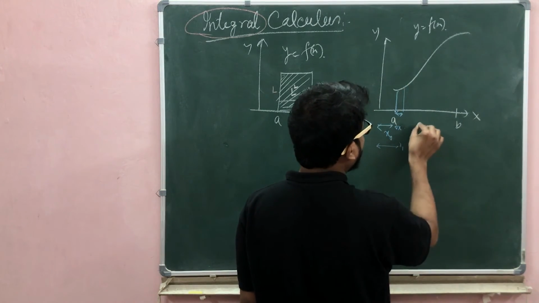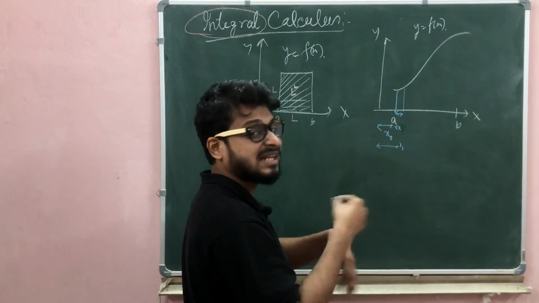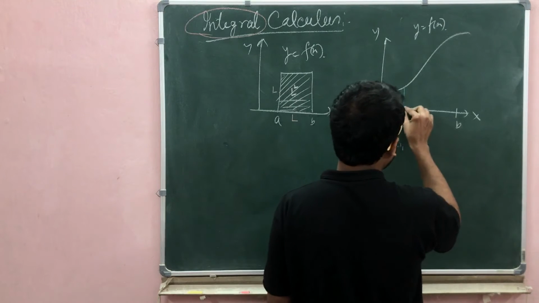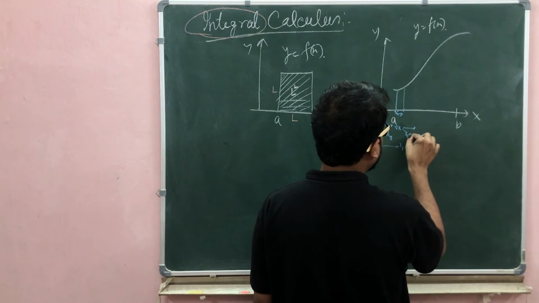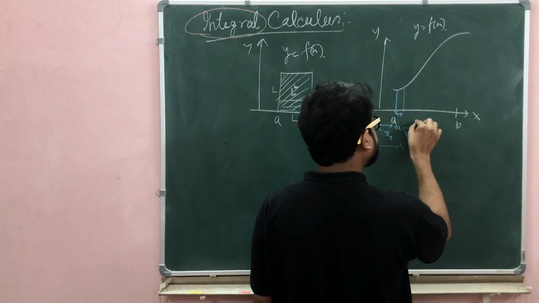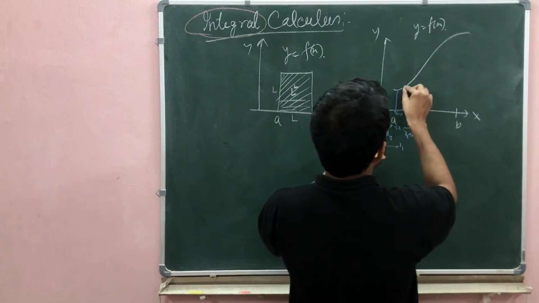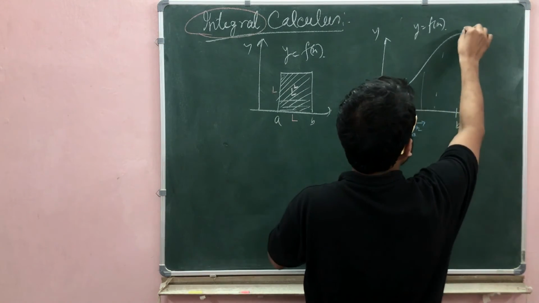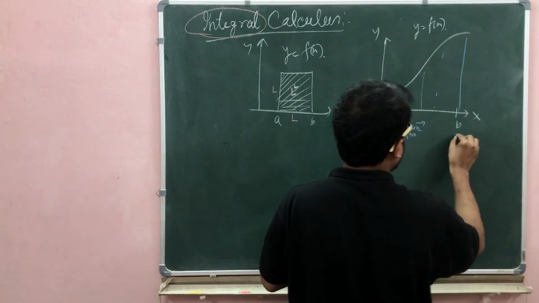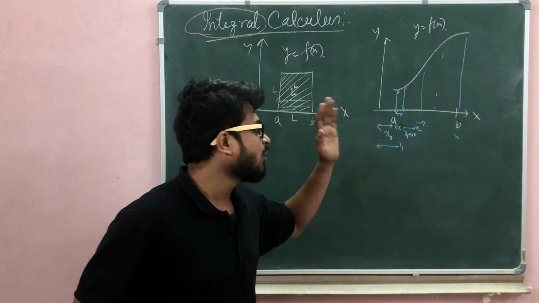By adding, I repeat this process: again increment by delta x, x1 plus delta x reaches x2, and similarly x2 plus delta x reaches x3. On the curve we get f(x1), f(x2), f(x3), up to f(xn) in the last term. Now add all the values.